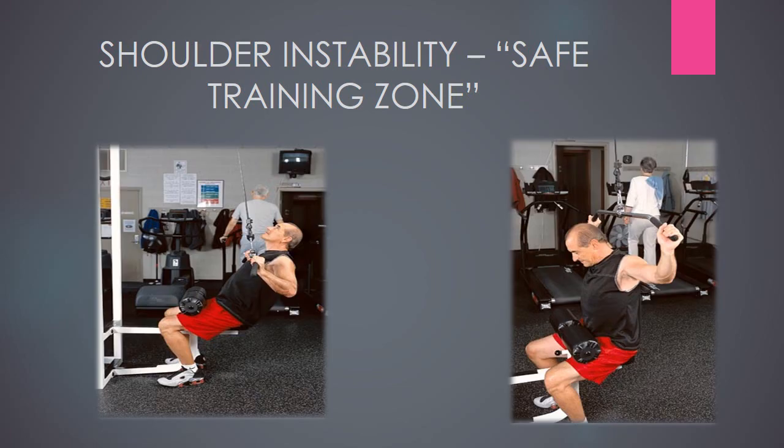Okay, and then one more example of training within the safe zone shows the patient doing behind the neck pull downs with shoulder in 90 degrees of abduction, full external rotation of the glenohumeral joint, and then he's attempting to bring his elbows down behind the plane of his body in order to clear his head. And here he's pulling. In other exercises we demonstrated pushing maneuvers, but even with pulling maneuvers, the stress on the anterior capsule in this position is tremendous, and it's a high risk maneuver.